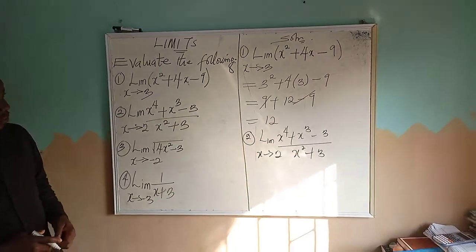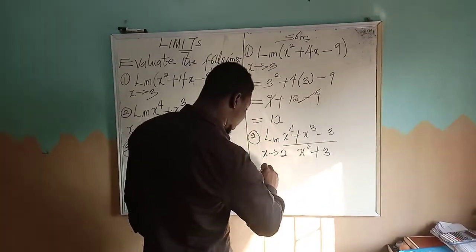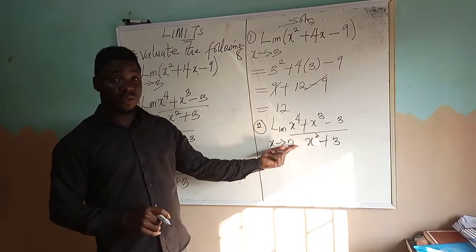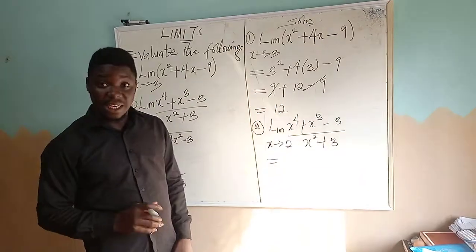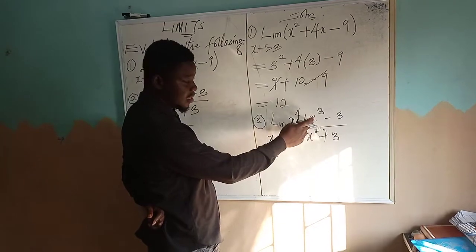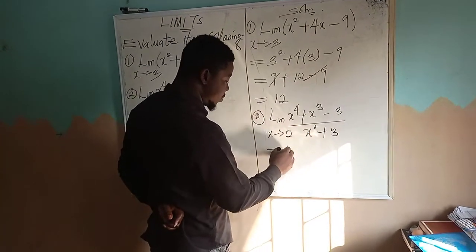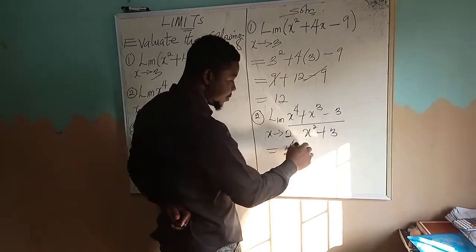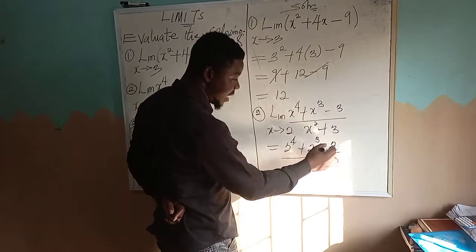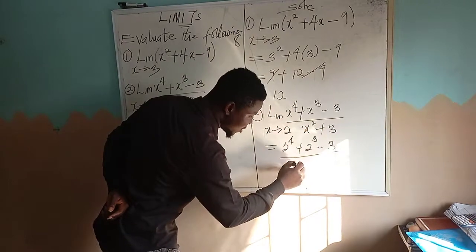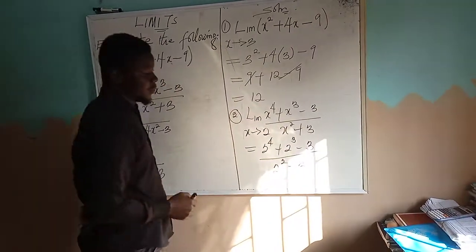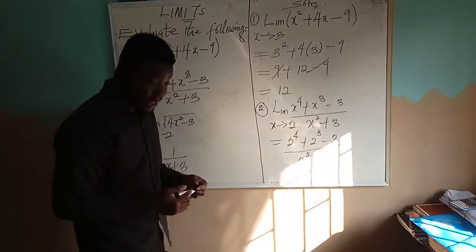Evaluating this, I've already told you before now that all you need to do is substitute the approaching value of x in the given function, which means we are going to substitute 2 for x here. So that gives us 2 raised to the power of 4 plus 2 raised to the power of 3 minus 3, divided by this x, we replace it with 2 raised to the power of 2 plus 3. And then evaluating further,